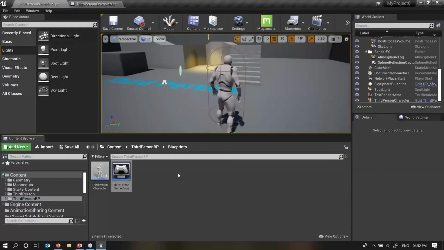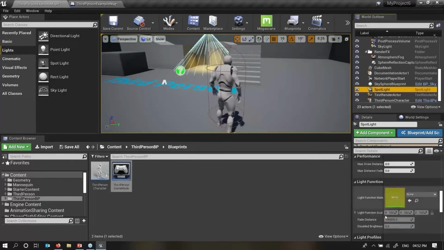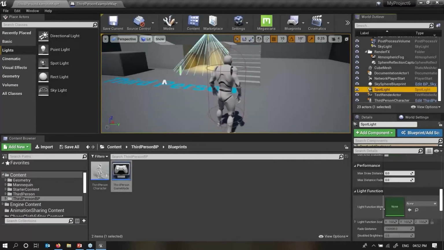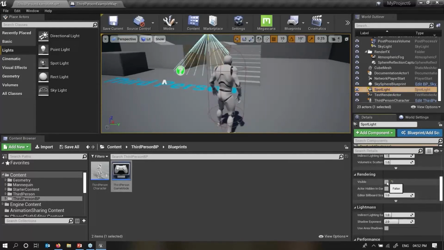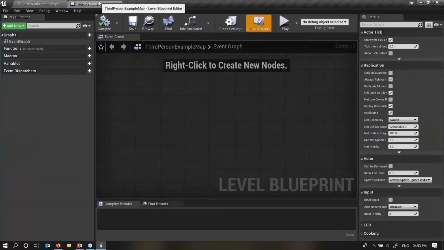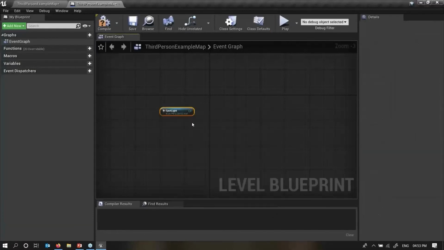Now for my light, if I select my light, there is one option called visibility, under performance, light function, light. I want to turn visibility on and off with the help of my keyboard during gameplay, right? So first I'll select my light, go over here, right click and say create reference. Here we are not doing the collision as of now, we'll just create the reference. This is my light reference, the node we have over here.